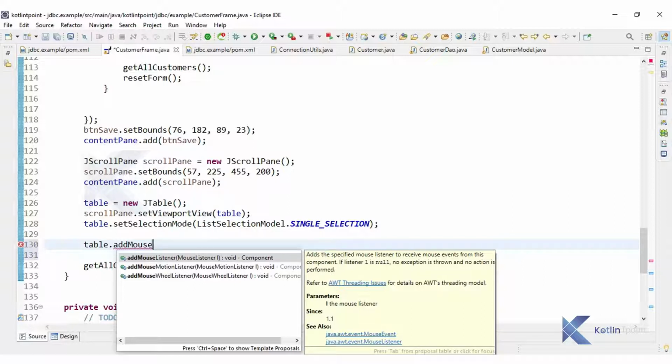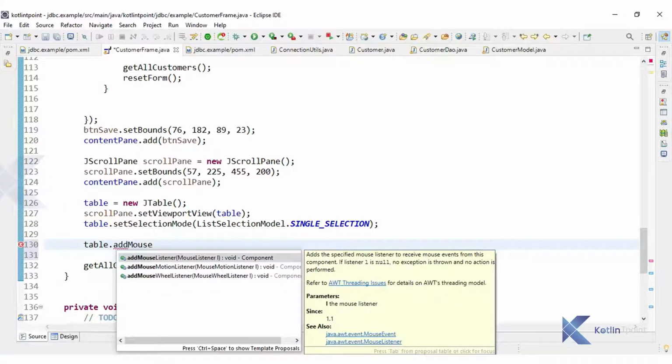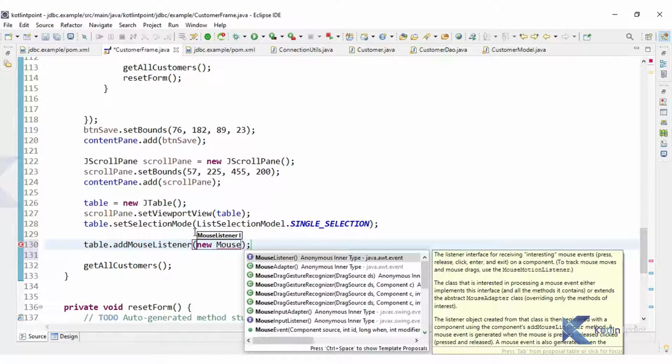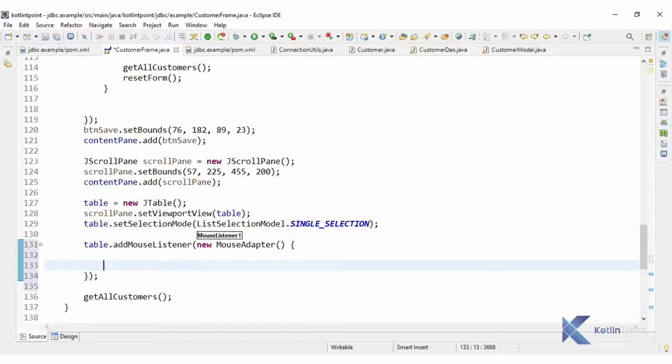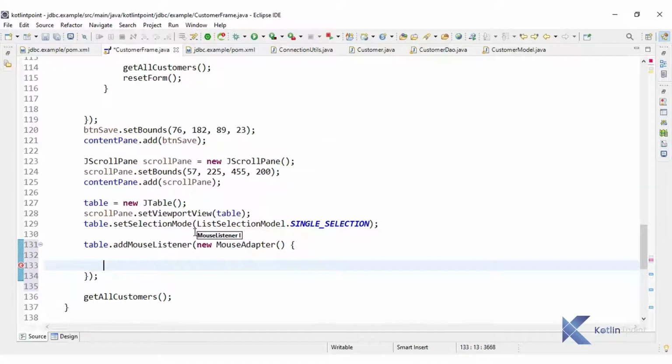We can write add mouse listener, and new mouse adapter. I am going to use a mouse adapter. And here we can find the methods. Okay, so the mouse clicked method we can find here.